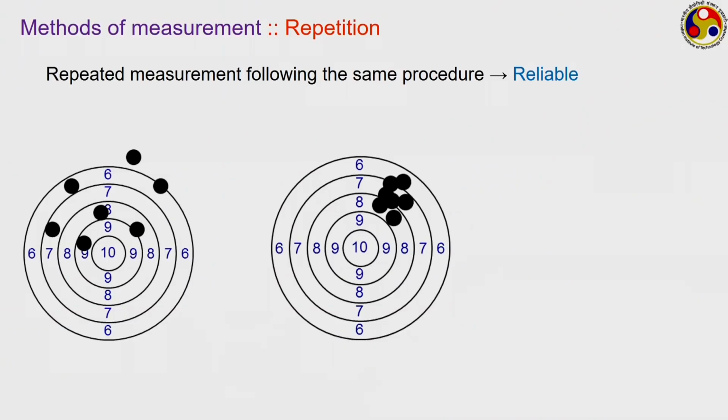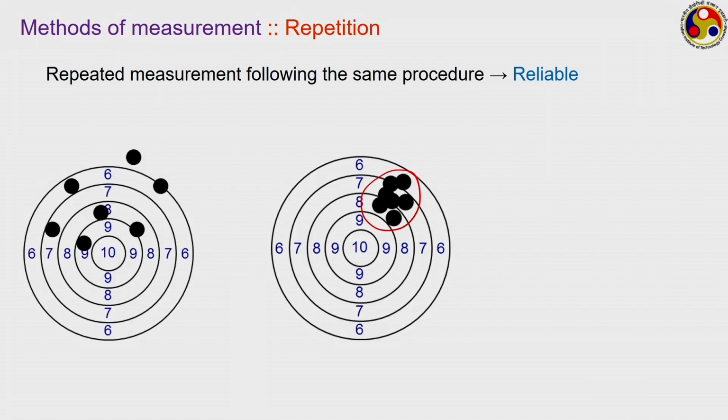Like in this case, I have taken the diagrams from the bullseye view of a shooter. You can see in the first case, every bullet is landing in a different position, which represents a very inaccurate kind of performance by the shooter. Whereas in the second case, there is a very nice group within a very small zone, all the bullets have hit. So it is a very reliable measurement, but it still may not be accurate,